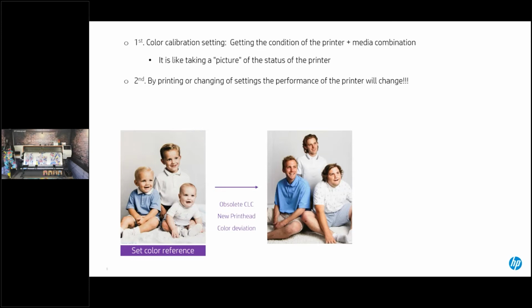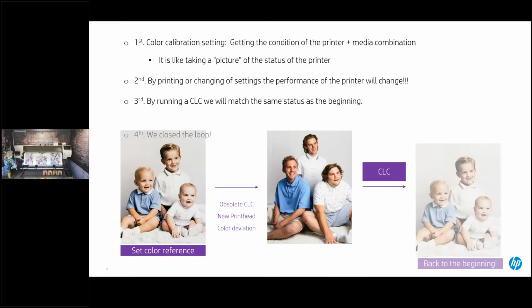Number two, by printing or changing the settings of the performance, the printer will change. So the more you print, the more your printer will get out of whack. Your color will change. Especially on these Stitch printers, because the user can replace the print heads. So after prolonged printing, if you print a couple weeks, or if you've changed a print head, you'll need to rebalance your color. By running this CLC, or closed loop calibration, on the printer, we are able to bring it back to square one